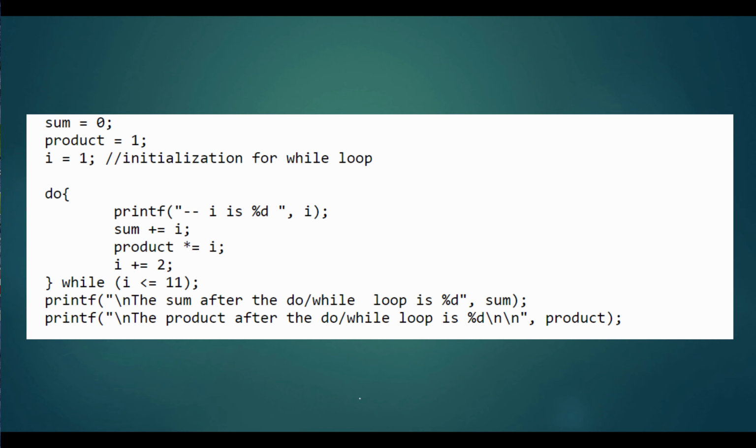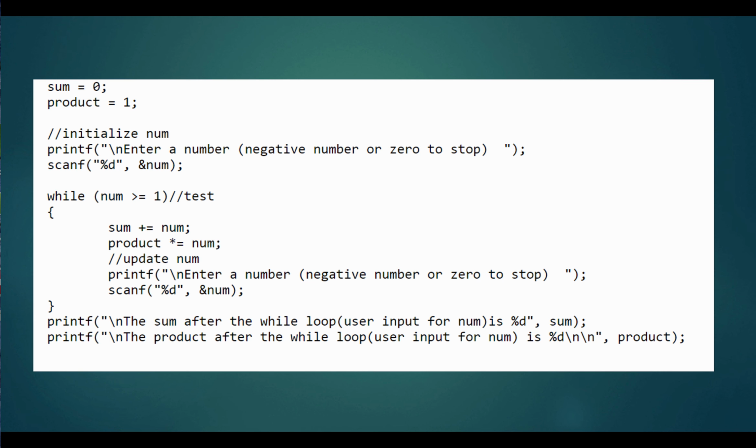That loop was a counting loop. That's a loop that runs a certain number of times. This I'm going to do and write out for you. This is a loop where we're going to calculate the product and the sum, but instead of calculating the product and the sum